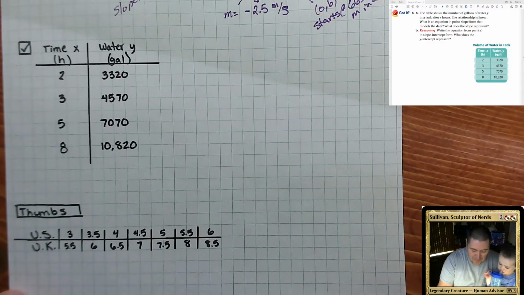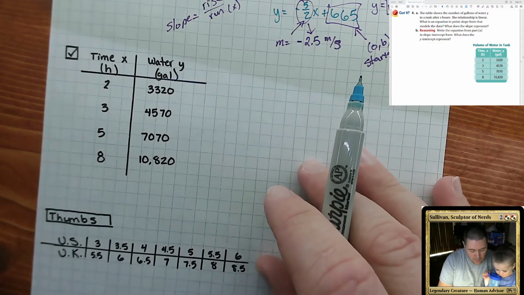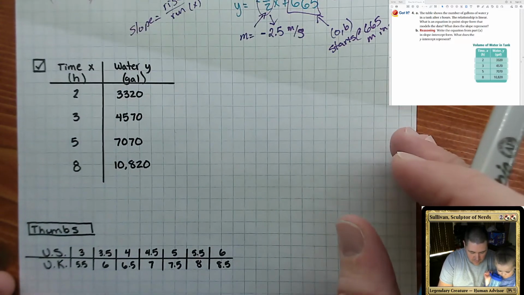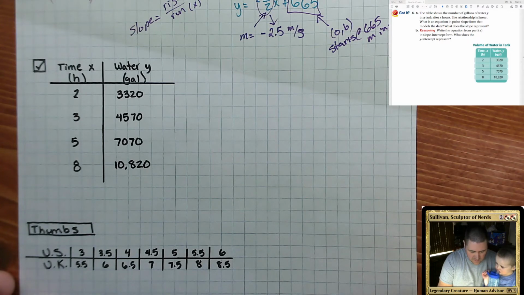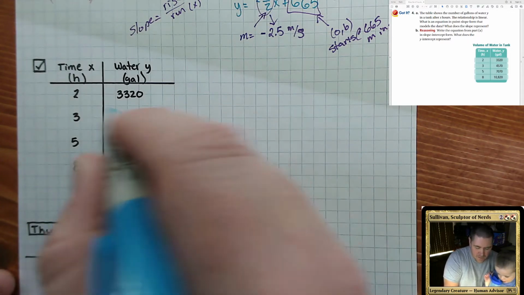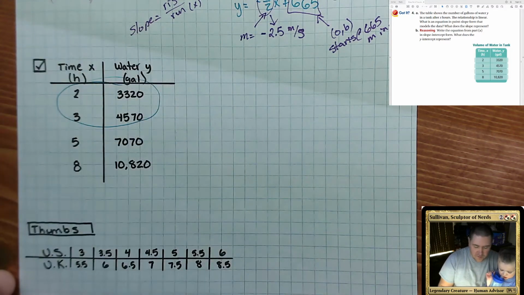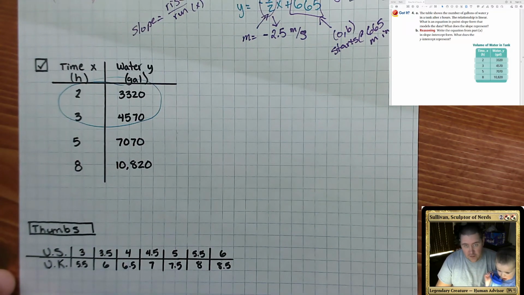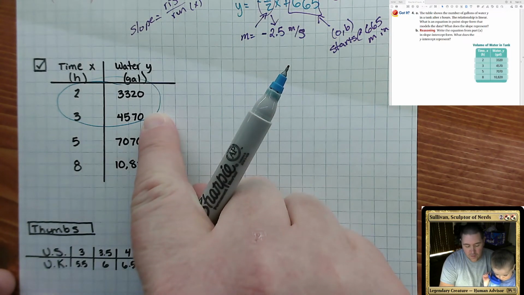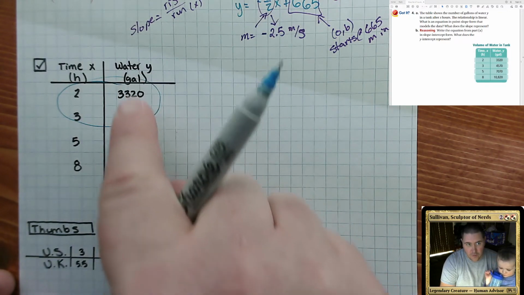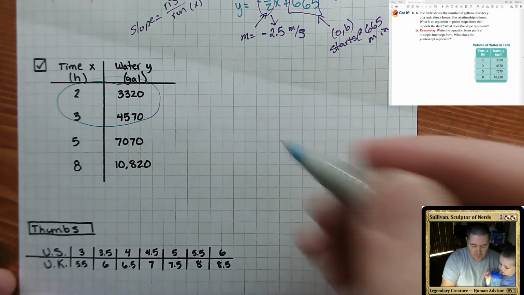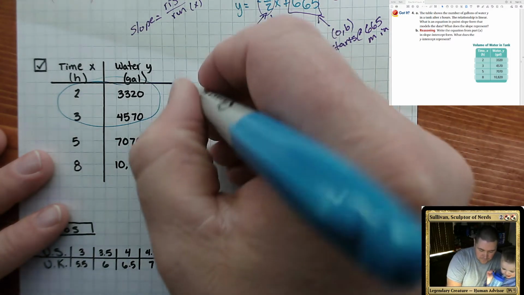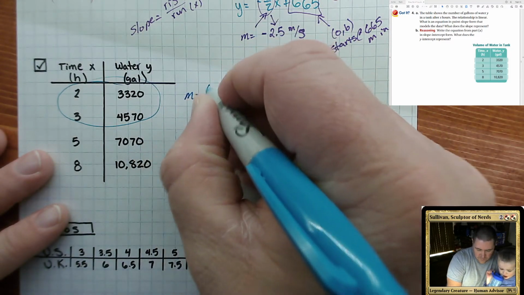it's about right. I'm going to pick any 2 of these points. That's divided by 6. That's divided by 2. There we go. What I'm going to do is choose just these 2. They tell me in the problem that it's linear, so I don't have to worry about whether these 2 are going to have a different slope than these 2. They tell me it's linear, so I know it's going to work out. So I'm just going to pick the smaller numbers and find my slope first,